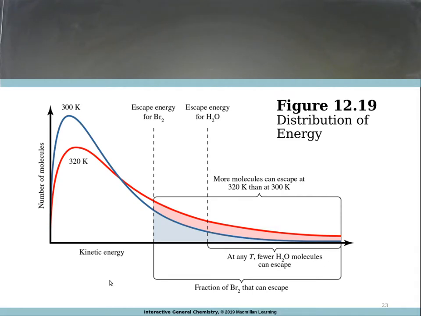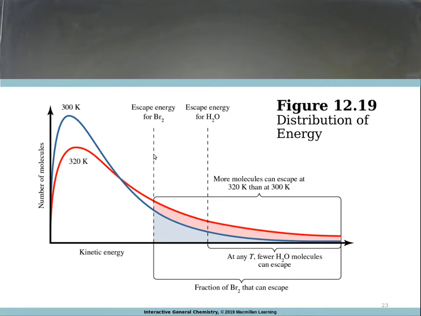And so here, if you have a substance with a temperature of 300 Kelvin, there's going to be a majority of the molecules that have not very much kinetic energy at all, but there is going to be some small fraction of the molecules that have really a large amount of kinetic energy. And some of them will have enough kinetic energy to break away from that liquid or solid phase and escape into the vapor phase. And so we call that the escape energy,